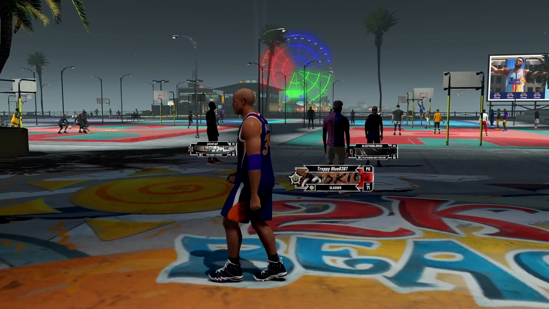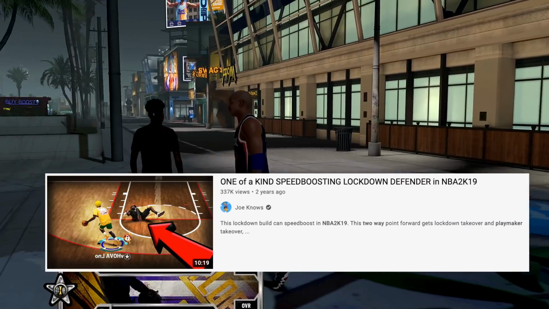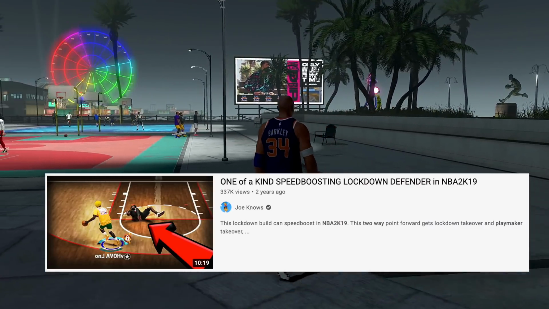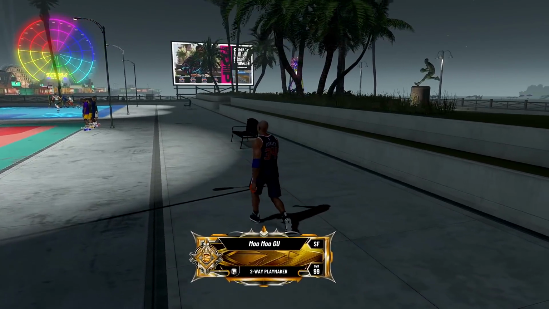And instantly it reminded me of a video I made in 2K19 where, you guys remember the point forwards? Well, I played on a build that was playmaking primary, secondary defending. It could speed boost, it played just like a point forward, but it was a lockdown at the same time. Now this build is a little different, alright, so the name is the same, but my boy Papa Snagger